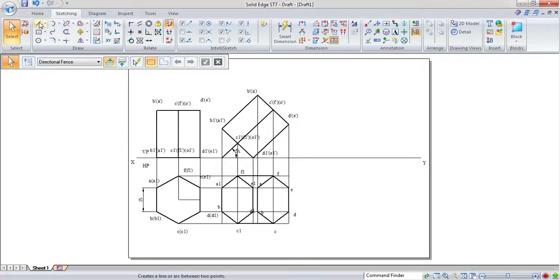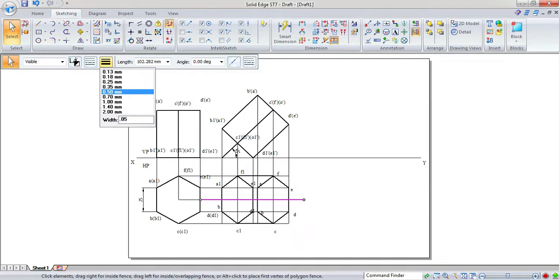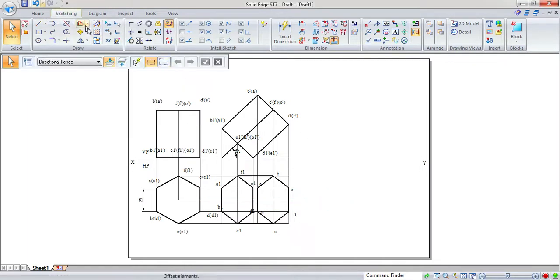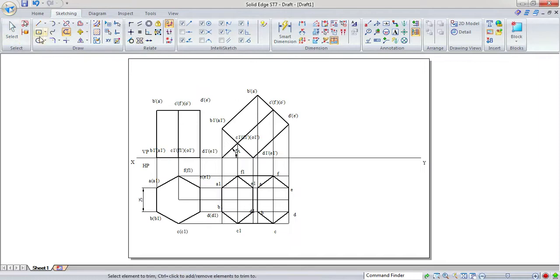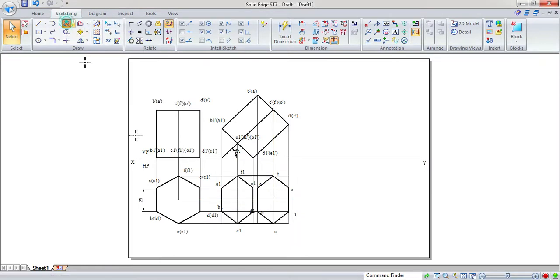Now the only thing is we need to connect the axis here. So here I need one more line which I have forgotten to draw. Go for trim here, just trim it. Now look at the O is here and O1 is here. That means I need to connect from this point to this point. So I'll make use of a split command here.